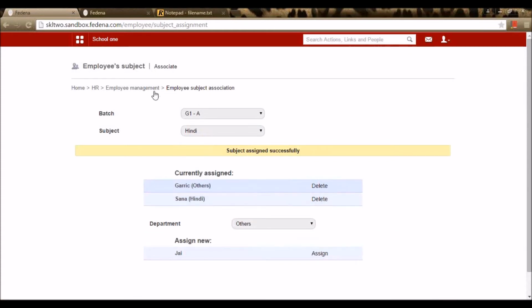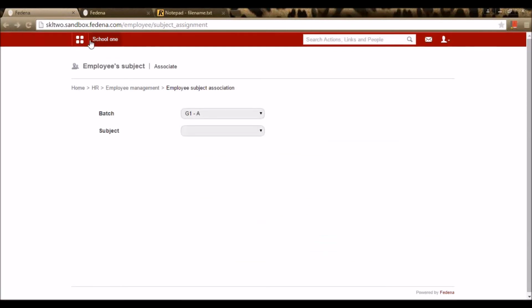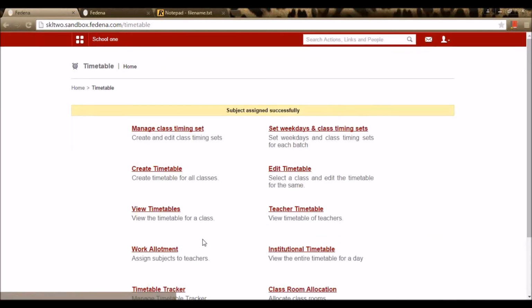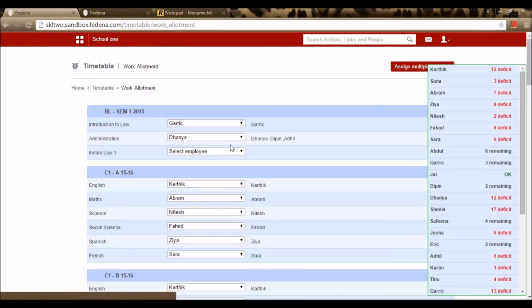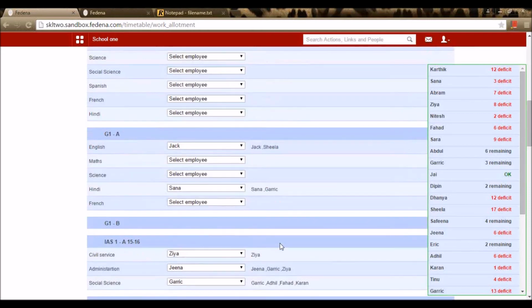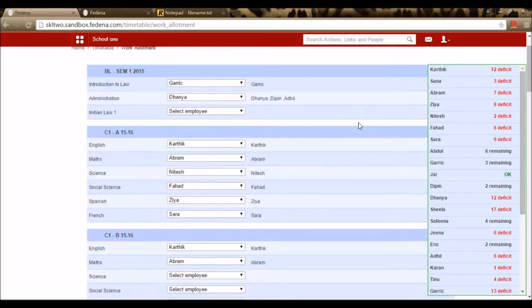I am assigning it right here. So when it comes to allocating employees in work allotment, at this place we can only allot one employee, whereas in assign multiple options, we have the option of assigning more than one employee.